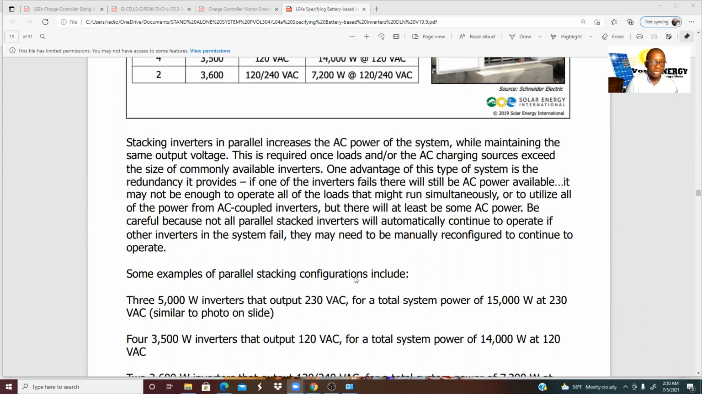This is required once loads and other AC charging sources exceed the size of commonly available inverters. One advantage of this type of system is the redundancy it provides. If one of the inverters fails,